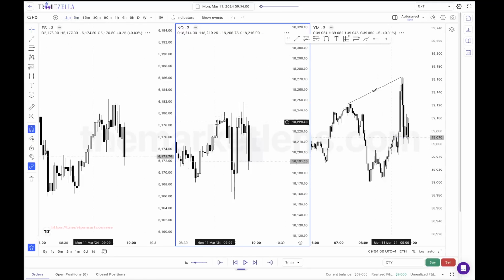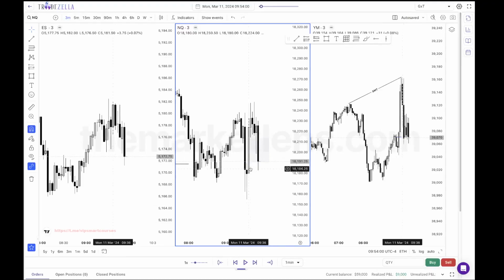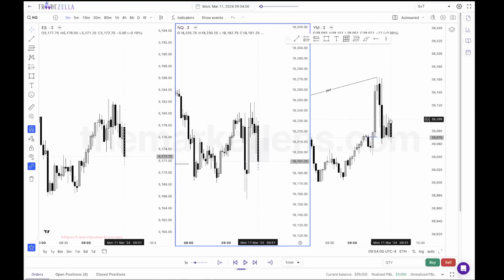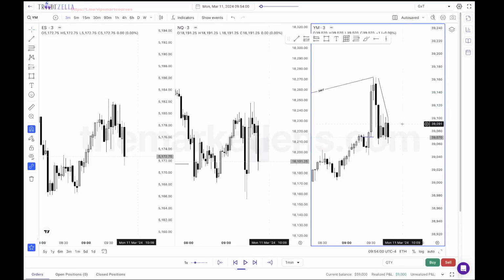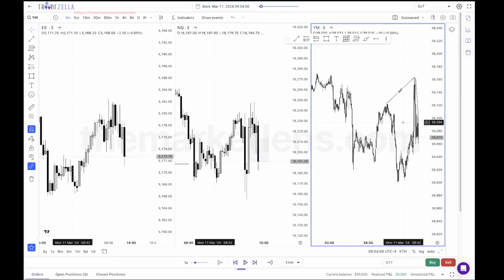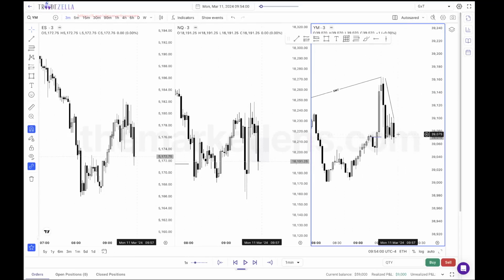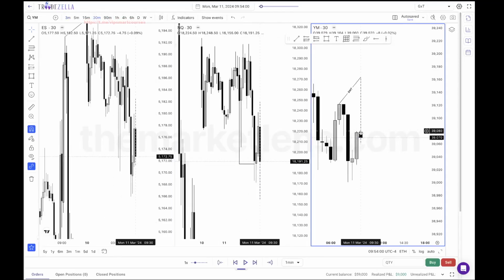So like we had the original CSD, right? You have this CSD here, but we're not having an expansion through it. And this asset over here is pretty much holding that SMT that we're talking about, whatever SMT is here. So this is really a day that you can totally skip, but I honestly think that this asset over here, YM. So if I go over here, 30-minute close.